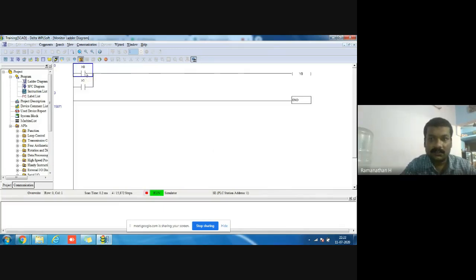First 0, 0, gives 0. 0, 1 gives 1. 1, 0 gives 1. Then 1, 1 gives 1. That's all, the OR gate.